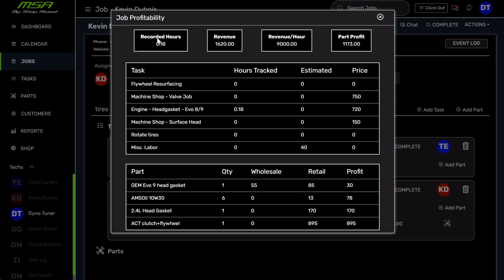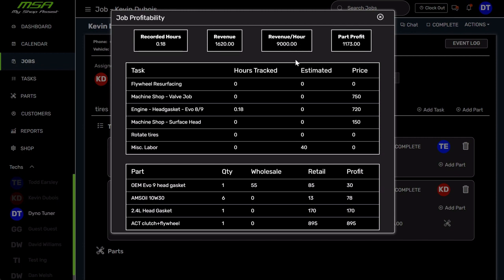But if you are doing a very good job of tracking all your hours till the end of the job, you should have a pretty substantial revenue per hour, ideally higher than your hourly rate. If it's below your hourly rate, generally you're undercharging, meaning either you're using fixed time or you're not beating the book hours. If you're just a straight hourly shop, then it will always just be your dollar per hour